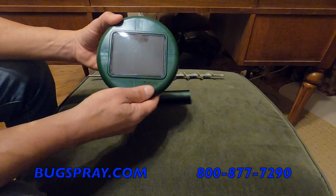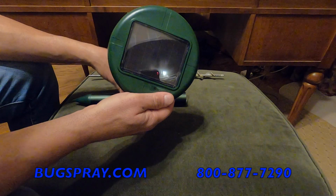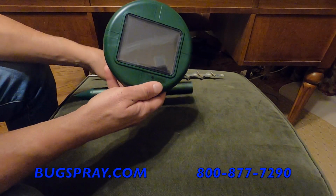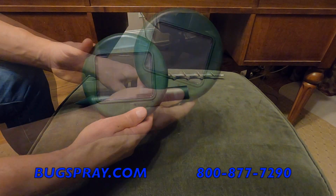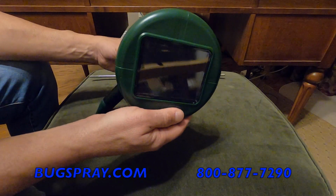We've had people use these for birds, such as ducks and geese, just setting them out where these animals like to rest and make a mess. You can install some of these units, and the vibration and the sound is strong enough to keep them from coming around. So at this point, we have the holes made, and the unit is charged up, and you're ready